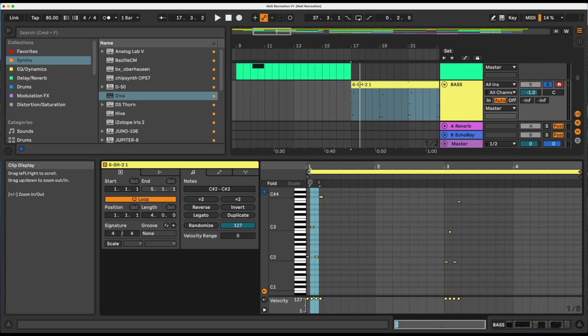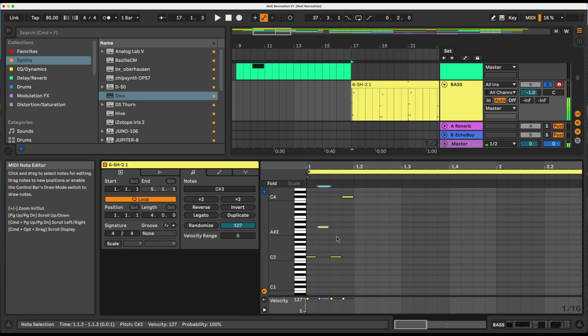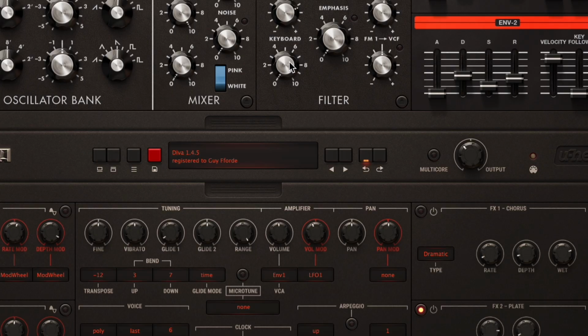So we've got this kind of little arp, but it's quite important that this is brighter than this, so the filter cutoff is higher, otherwise it wouldn't work. So we reduce the keyboard key follow. It's like this. But with the keyboard key follow, we get that nice little bang. So it's really nice the way the texture of the notes changes just by dint of where they are. It's a little bit subtle, but it's quite powerful, and I'm quite impressed by it.